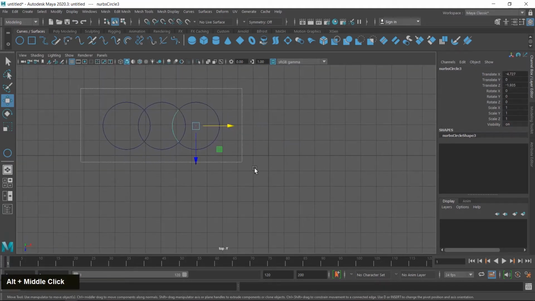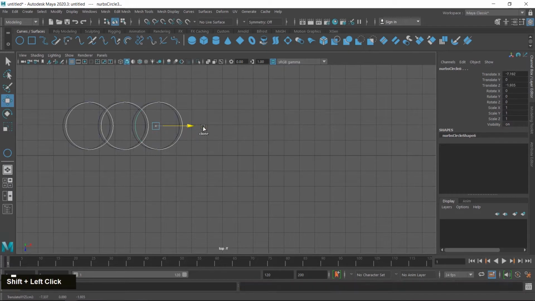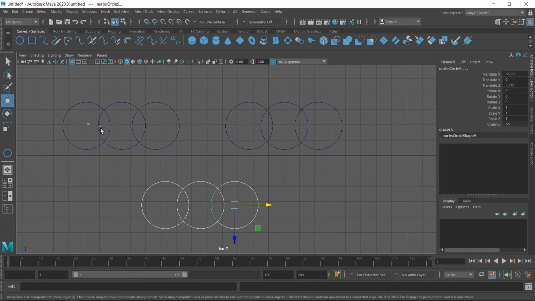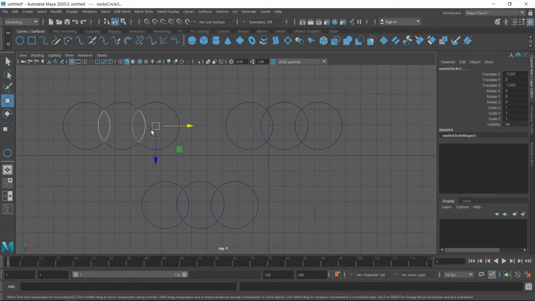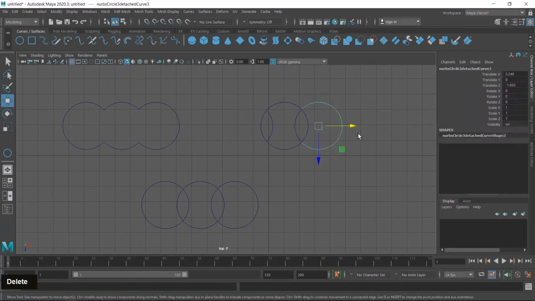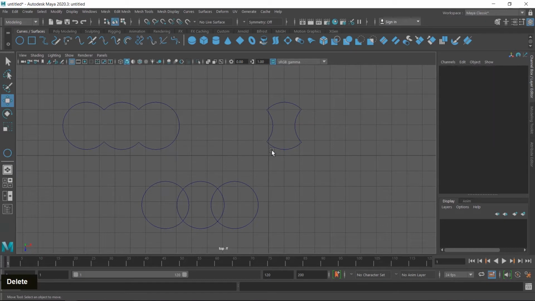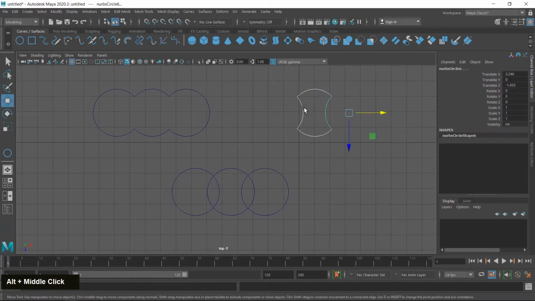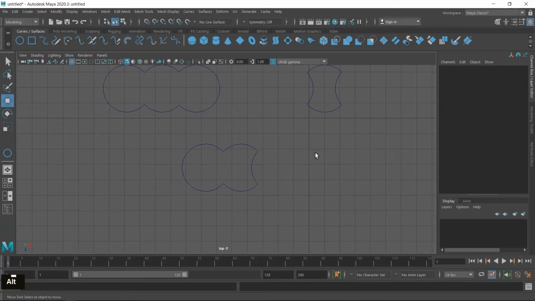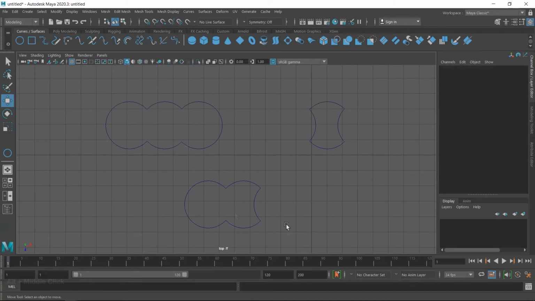Now I create two or three copies of this shape by pressing the shift key. So I create three copies of this shape and create different shapes by using these shapes. In the first shape I delete the intersecting lines, and in the second shape I delete the side circle and these side cuts also. So it's the second shape, and in the third shape I delete this shape and this intersecting part, so it's the third shape.